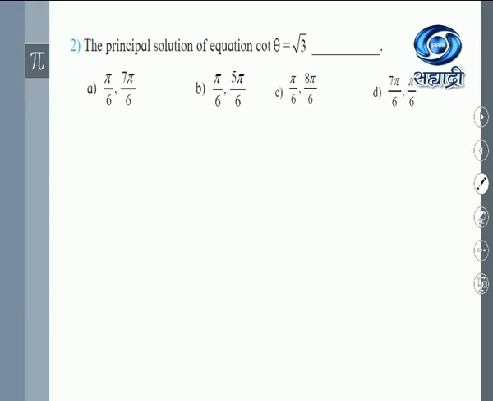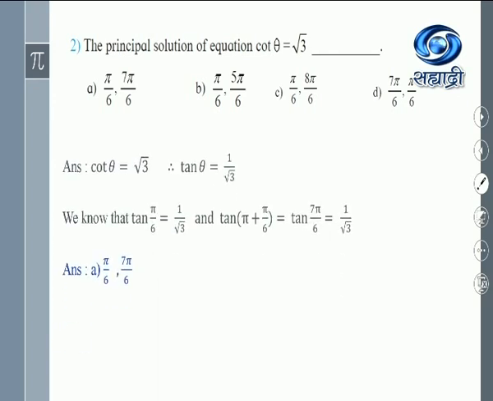Now if you see the first and the second alternatives, those are repeated, but in the exam you will get all different alternatives. So here in the textbook you will have to make a note that A and D are given the same, that is a printing mistake. Now we find the principal value for this. Cot theta is equal to root 3. Therefore tan theta is equal to what? 1 upon root 3, because that is the reciprocal of cot theta.